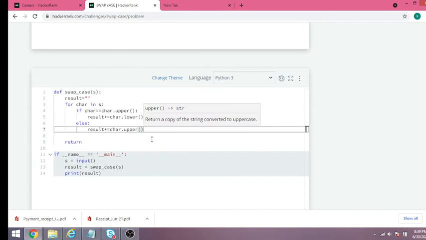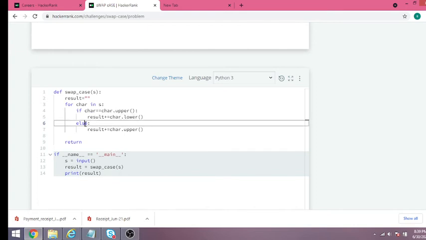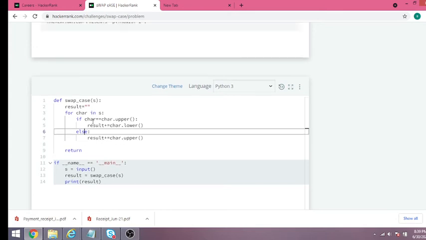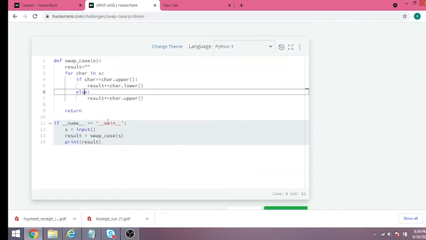I think you got the logic. It will match if the char is uppercase, and then we convert it to lowercase. If the letter is lowercase, it will come to the else statement, and we convert that to upper and append it to the result. In the case of a dot or space, it won't satisfy the if statement and will come to else.